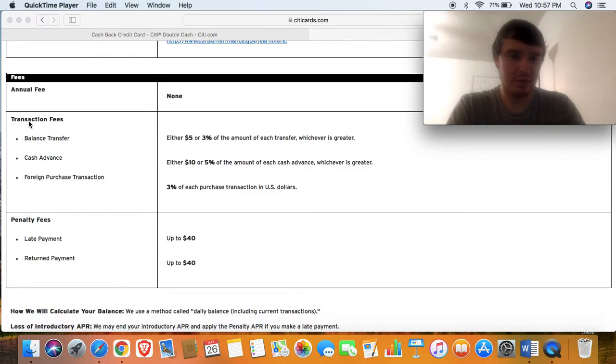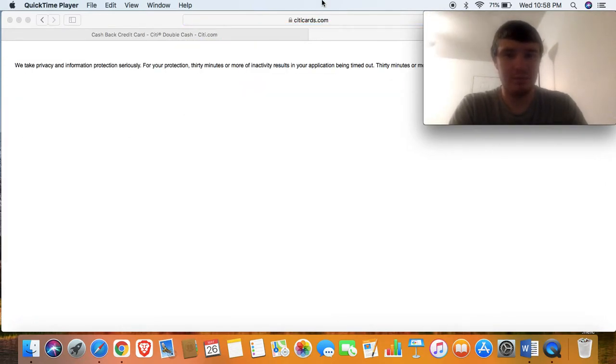So now let's go on to transaction fees. Now this box can be bigger or smaller based on the credit card, because some credit cards don't offer certain things. Like for example,